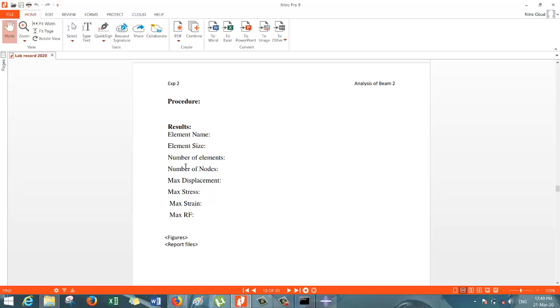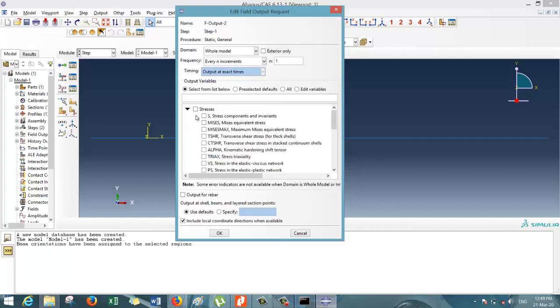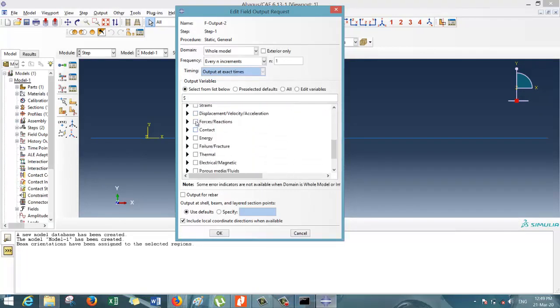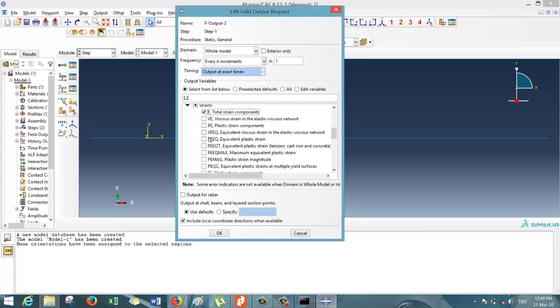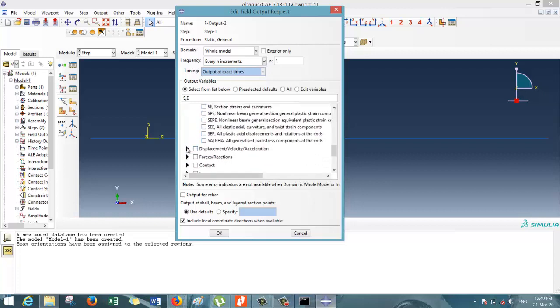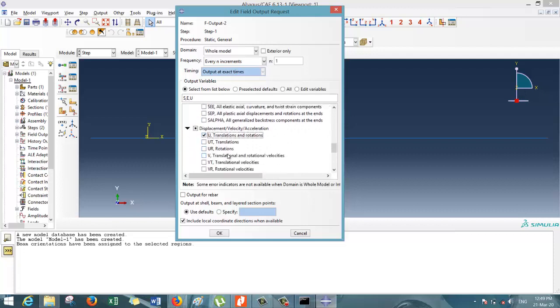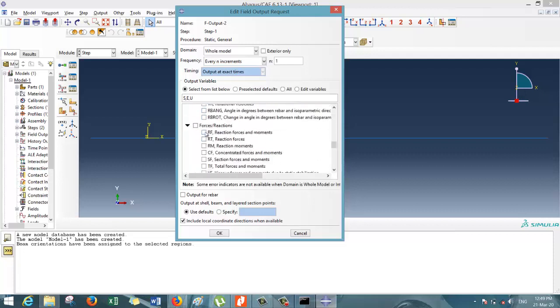Please check there. Here it is maximum displacement, stress, strain and reaction force again. So stress interested, then strain, total strain components interested, displacement U interested, reaction force is interested. Then click OK.